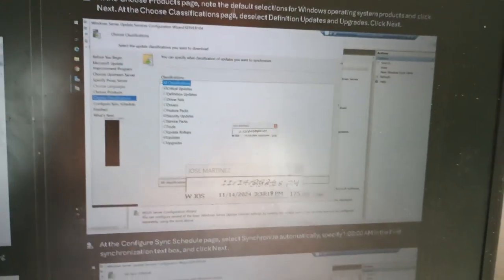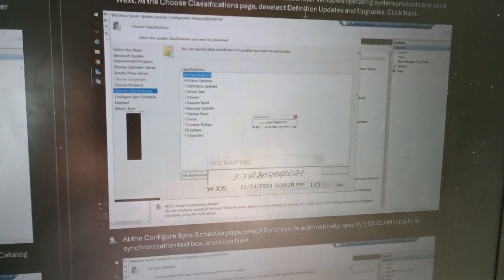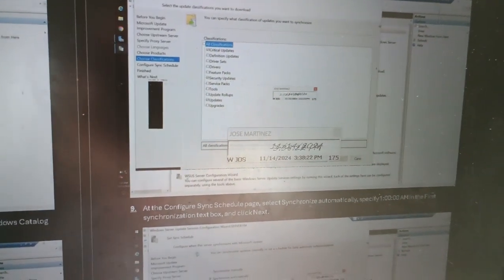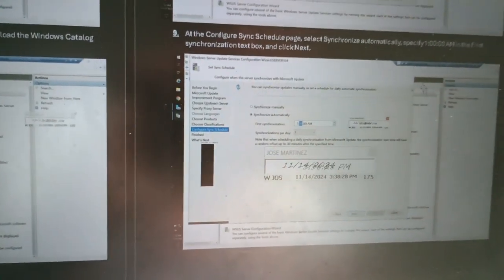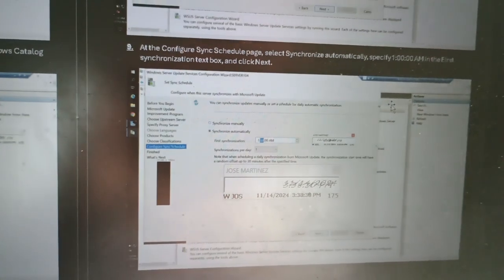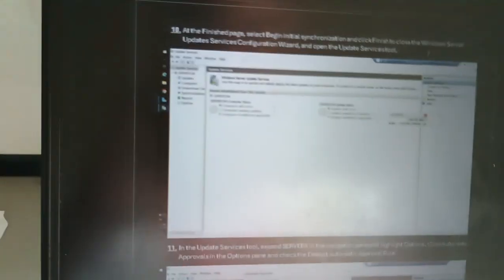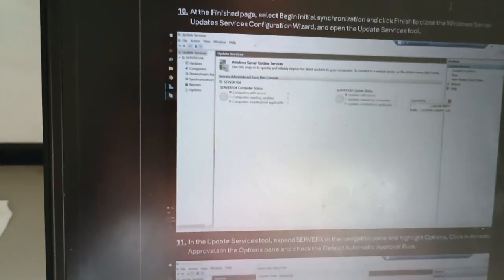So I click Next. In the Connect Upstream Server page, I start connecting to download the Windows Catalog. After it installs, it gives me products, but I choose not to install them. In Classifications, I deselect Definition Updates and Upgrades. For Configure Sync, I specify 1 AM in the first synchronization text box, and on the Finish page, I select Begin